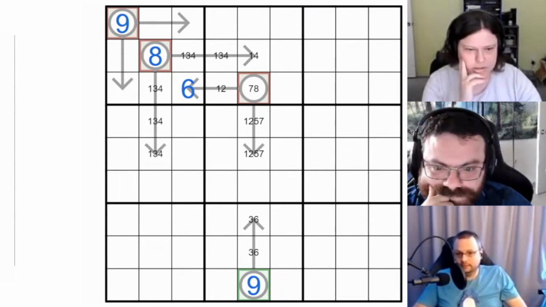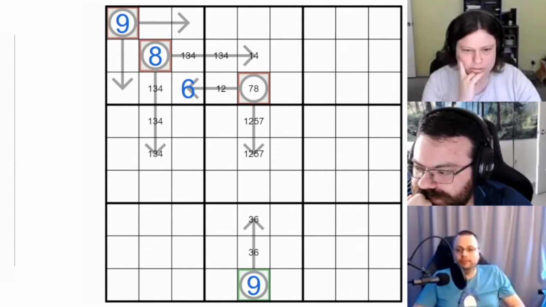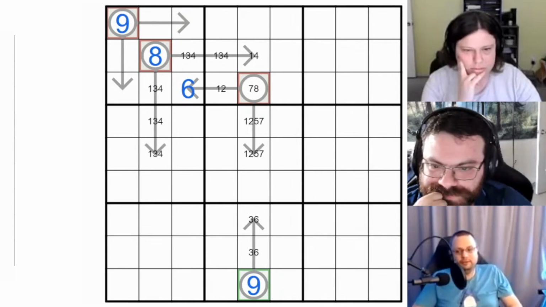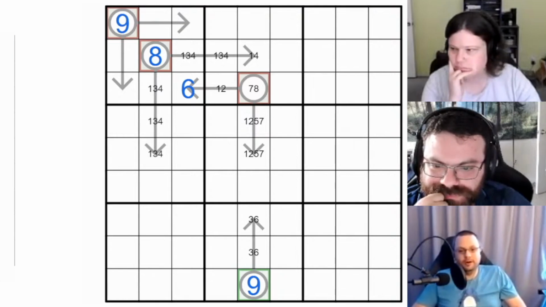We do know about the 1s and 2s. Yeah, it's probably worth pointing out the 1s and 2s that we actually know are probably worth filling in. Of course, the solver doesn't need it, but just for our sanity, we probably want to know where the 1 and 2 are that we know about.